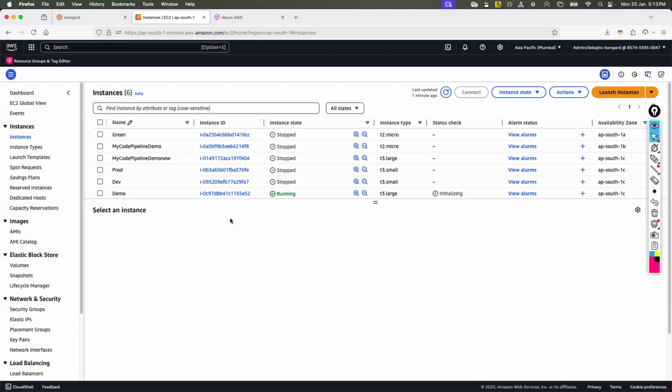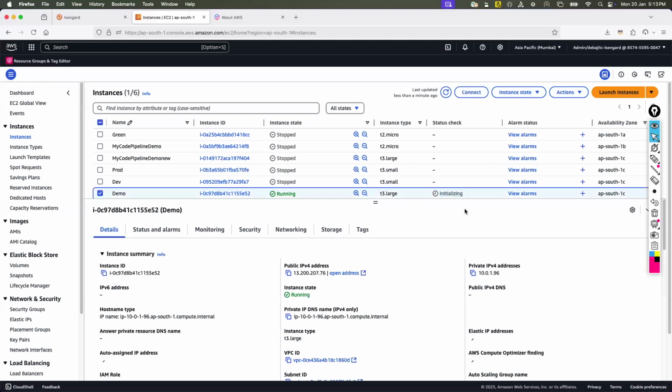But now you can see the server is almost running. It is now in the initializing stage. And after a few minutes, the server will be up and running, and I will log in to this server. Okay. So I'll take a pause for a few minutes because it will take 3-4 minutes. So in the interest of time, I'll pause now and we'll come back. Thank you.